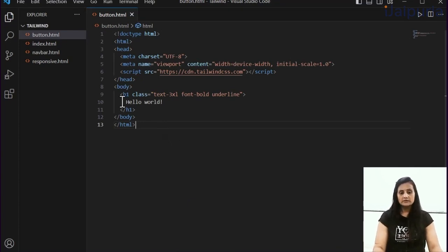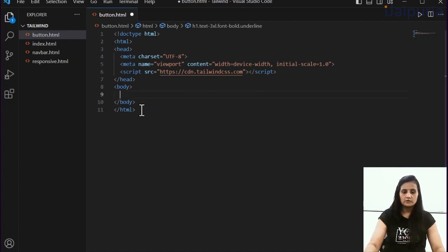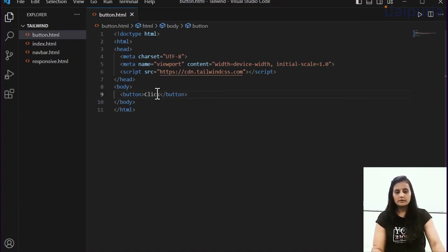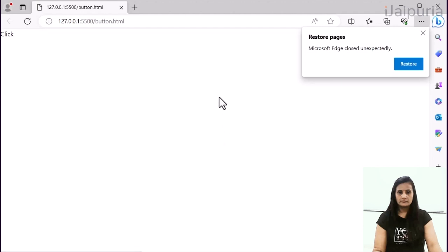Now next task is we have to create the button. I'm just removing all of this, because we'll be working on the buttons now. I'm going to create a button tag. Oh, I have made a mistake. The button tag, double T, open. Okay. Now, what I want to write is Click. So how does it look? To check this out, just move it to live. So here we have just a Click. Because it's a button, we have got the pointer, but nothing much into that.